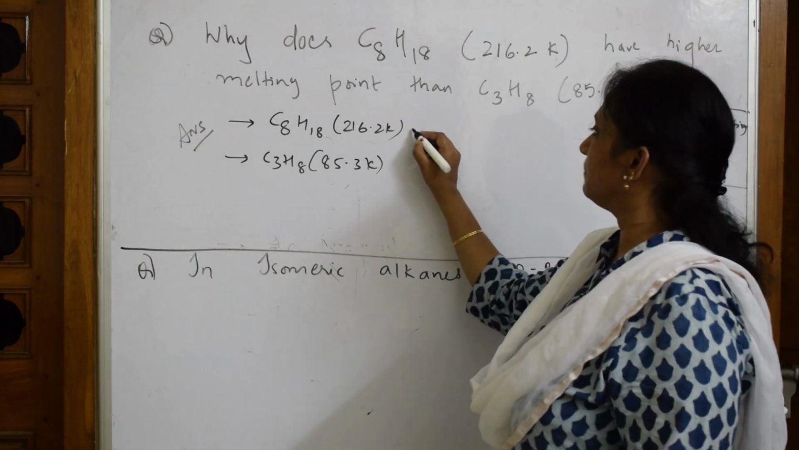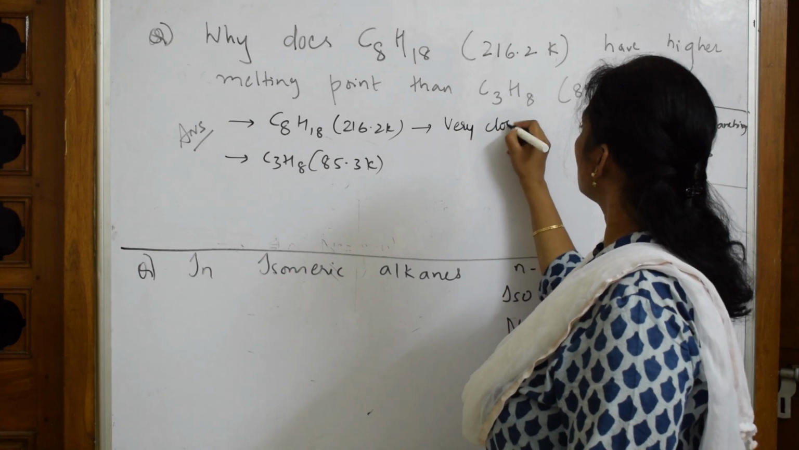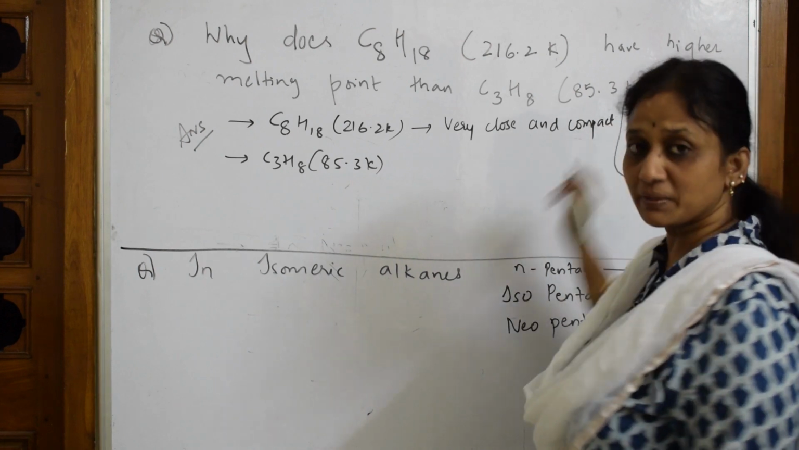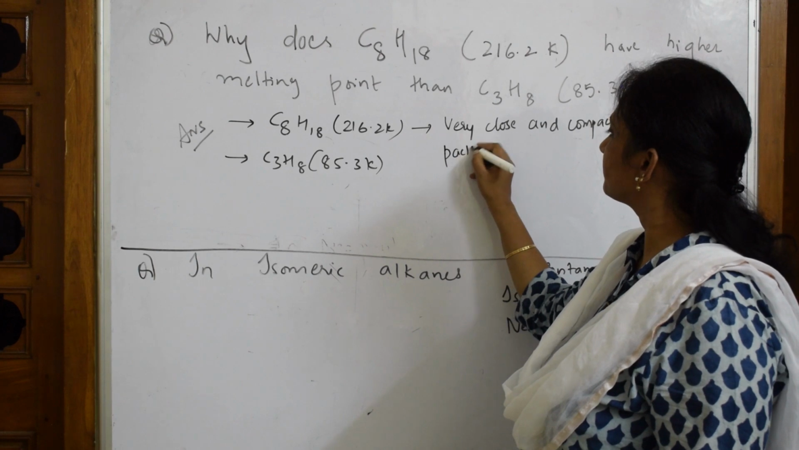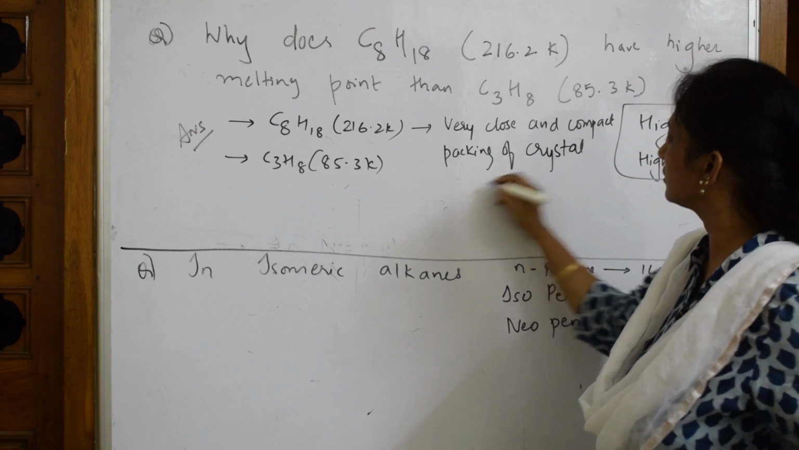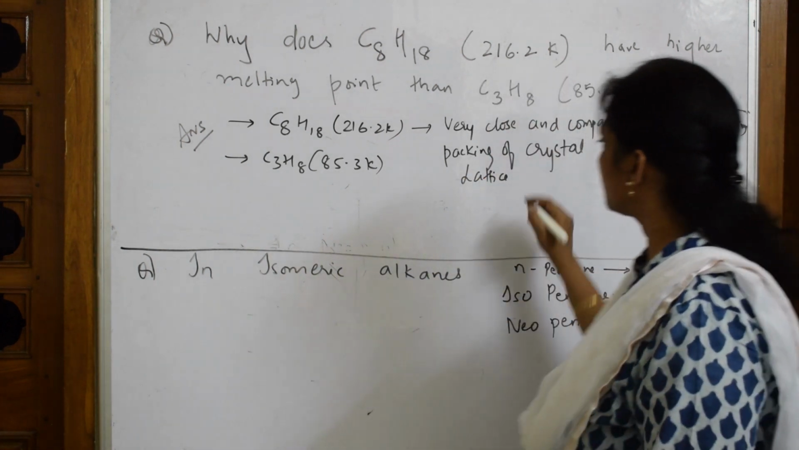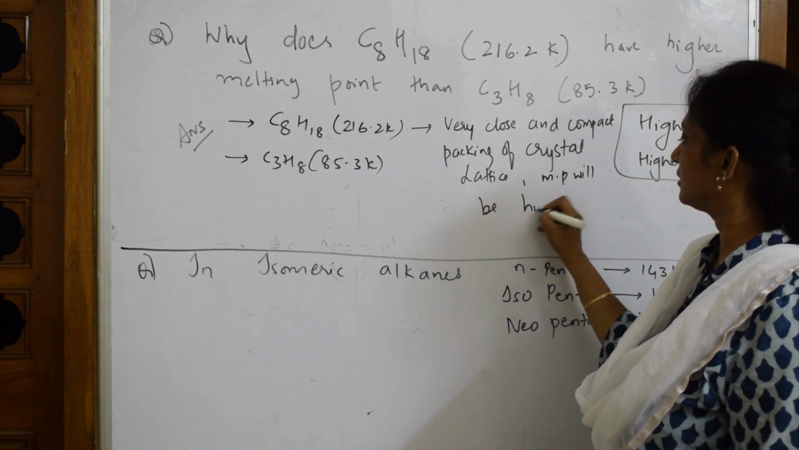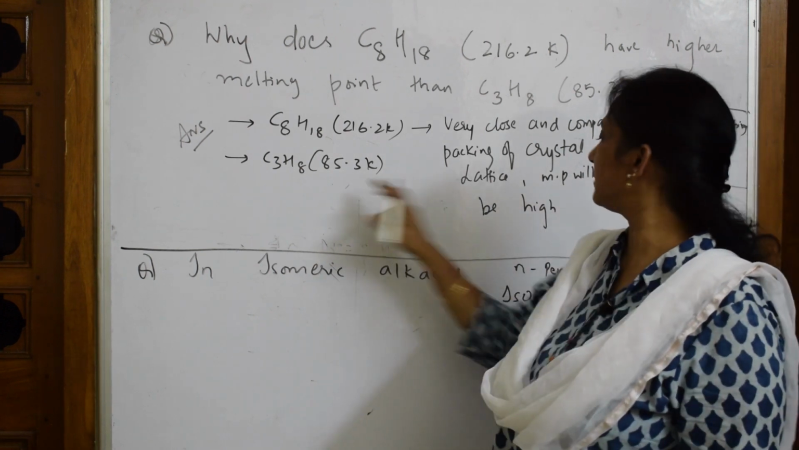Point number 1. And important thing is, you should remember, very close and compact packing. Compact means very close in nature, very means less space in between them. Compact packing of crystal lattice. So what will happen because of this? Melting point will be high. So melting point will be very high compared to